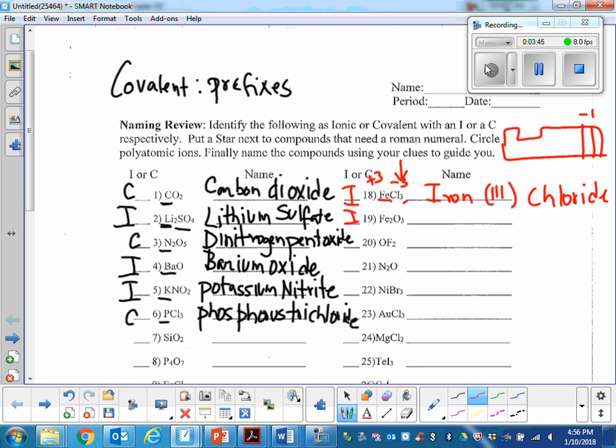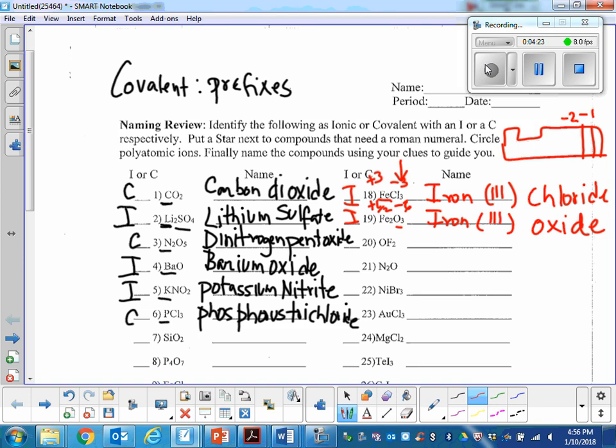We just talked about iron requiring a Roman numeral. So we're going to write iron in this case. We need a Roman numeral. The oxygen will become oxide. Again, we always start by looking at the non-metal side. If you look at oxygen, you know oxygen is a -2. But there are 3 oxygens. So -2 times 3 will be a -6. -6 is balanced by a +6. But there are 2 iron atoms. Therefore, the charge on each iron atom will be 3, and so the name of this compound is iron(III)